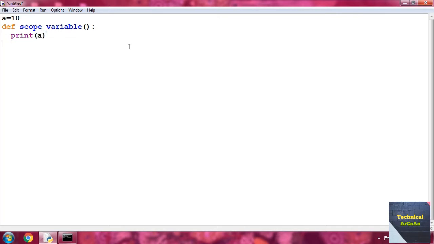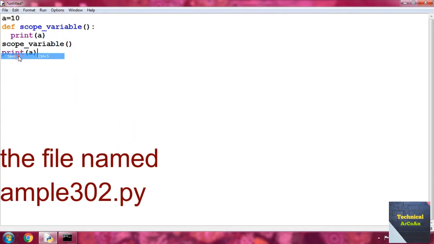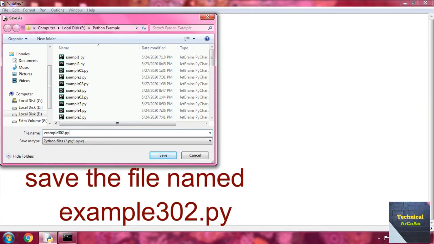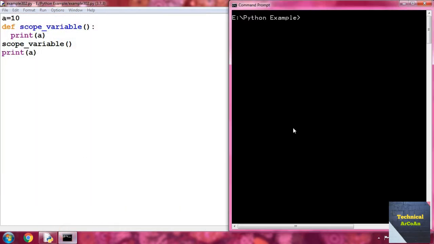Okay, and after we just call the user defined function, scope_variable, open and close the parenthesis. Okay, and also print a. Okay, now just save the file, go file and save, put a name example302.py and press enter, and just go to the command prompt and write Python